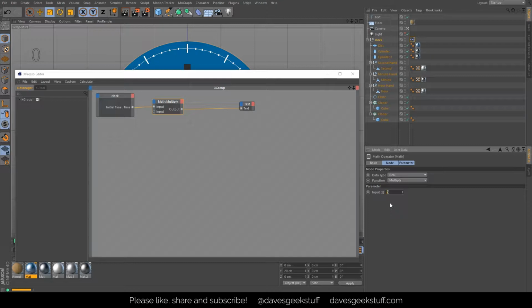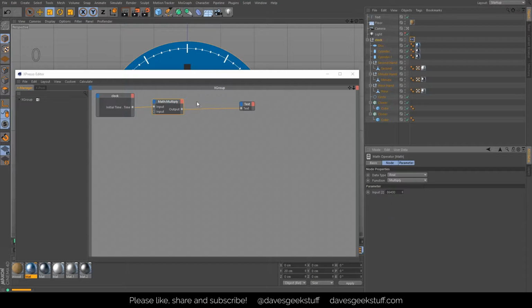But one of the great things about Cinema 4D is you can type formulas directly into the fields. So for example, I know there's 24 hours in the day and there's 60 minutes and there's 60 seconds. Earlier I said number of minutes in a day, I meant seconds in a day. So we got 24 hours, 60 minutes in an hour and 60 seconds in a minute, and that will give us the number